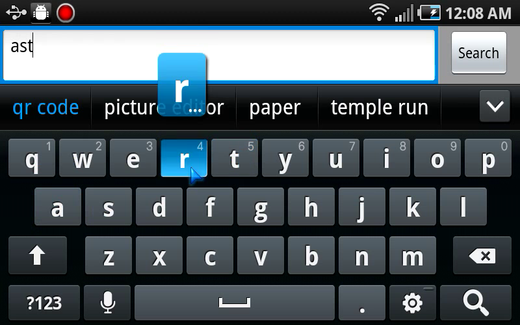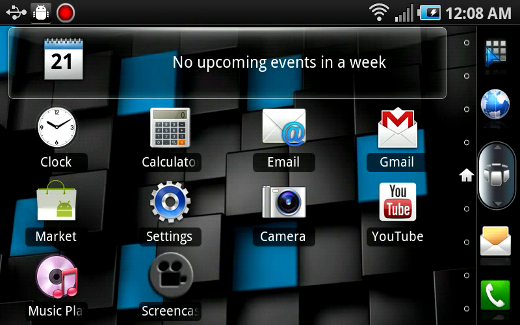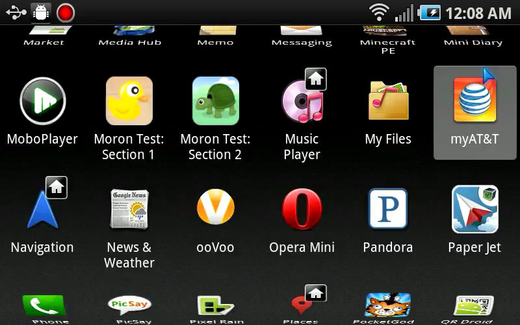Type in Astro. Probably all you need to type in, really. Astro File Manager. You just need the free one. They all do the same thing. Once you have that application, or one built into your phone, it does not matter. You're going to go to it and make sure you're on